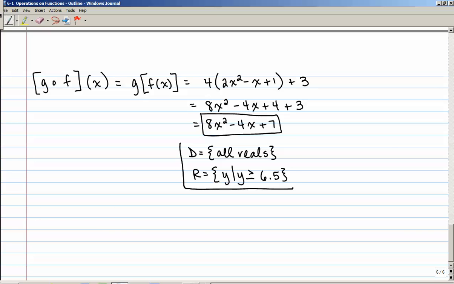Okay, so some of the things you can do with functions, you can add them, subtract them, multiply them, divide them, and do a composition of functions where you basically put one function inside of the